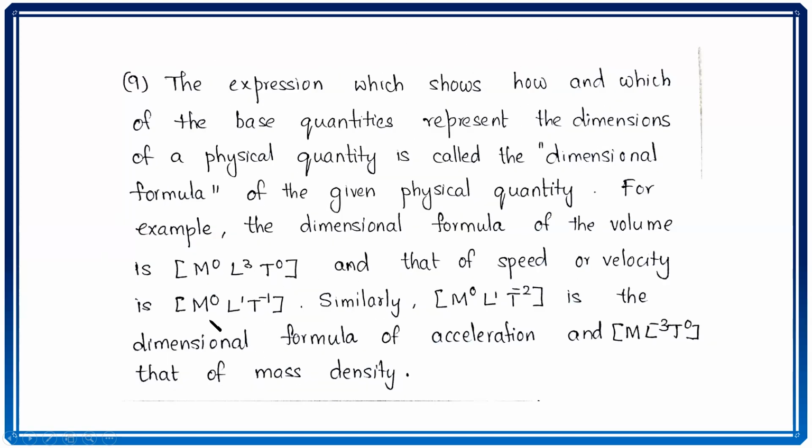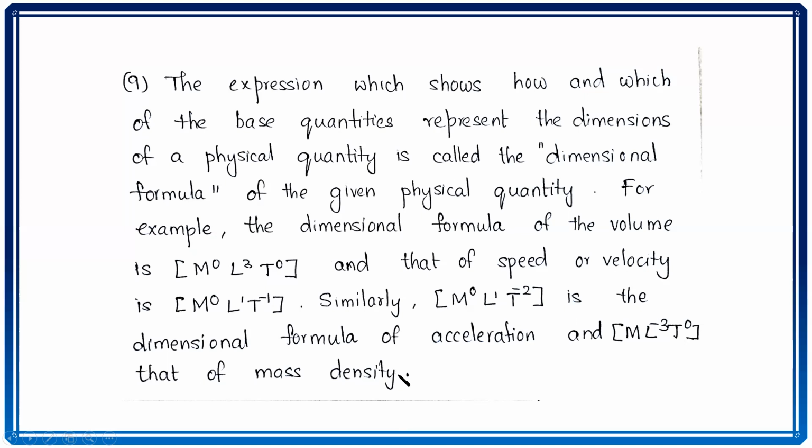sorry, by mistake the cursor has gone front. Please excuse me. Now, we are talking about speed or velocity, that is M0 L1 T minus 1. This is the dimensional formula for speed or velocity. Similarly, M0 L1 T minus 2 is the dimensional formula for acceleration, and M1 L to the power of minus 3 T0